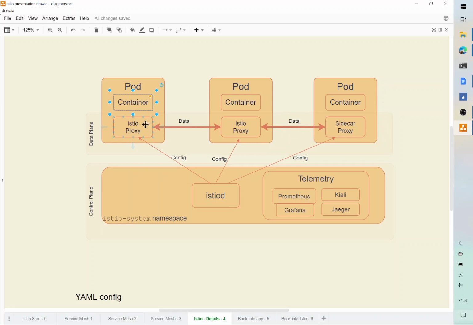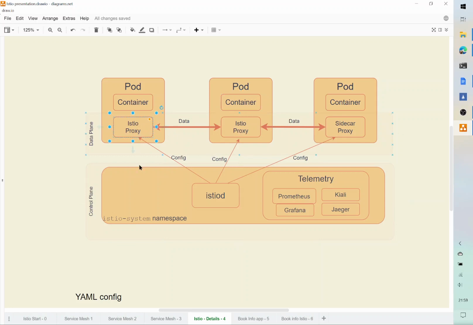It would route the traffic according to the configuration that you have set for it. And let's say it was supposed to route it to this pod right here in this workload container. When the traffic gets there, the Istio proxy container in the destination pod would then take it, act on it again, and then hand it over back to the workload container in that pod.